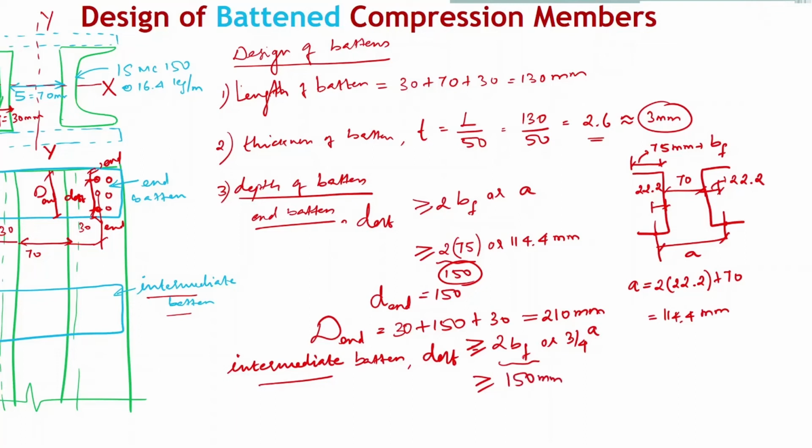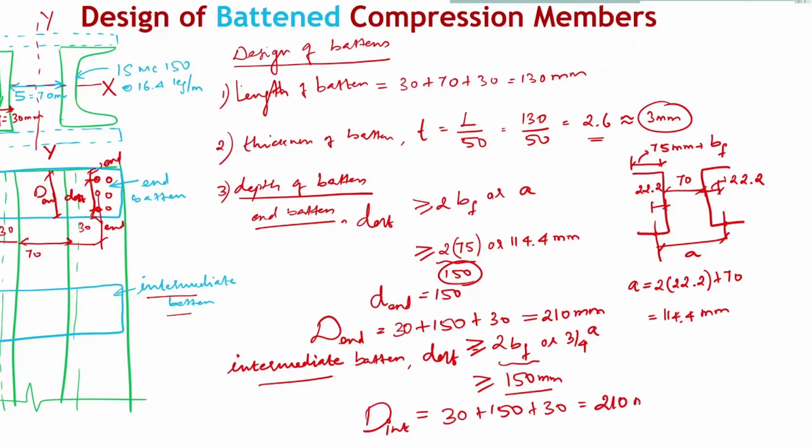A is already less than 2 times the width of flange, so 3/4 of A will be much lesser than 2 times the width of flange. So this is the maximum value, and we'll adopt the effective depth of the intermediate batten also as 150 mm. The overall depth of the intermediate batten is also 150 plus 2 times the end distance,